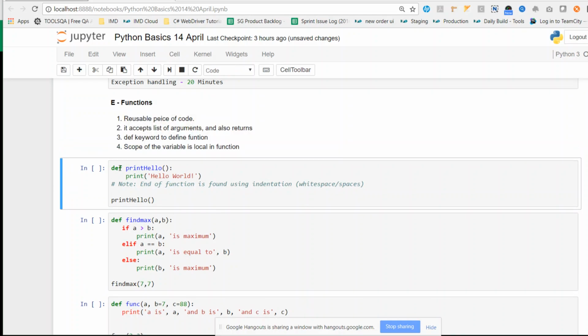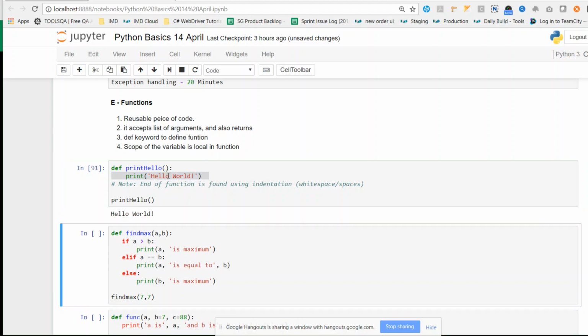First of all, to define a function there is something called def. You write def followed by the function name. It cannot have a space in between. However, if you want to separate the words, you can use camel case, keeping the H capital, like printHello. So I have a function printHello, which does nothing but print hello world. My program starts from here, calls this function printHello, and it prints the words hello world. Let's see how. Okay, it prints hello world.